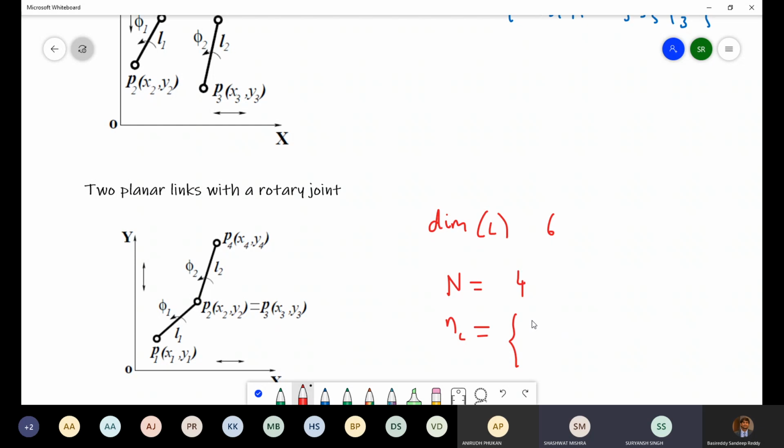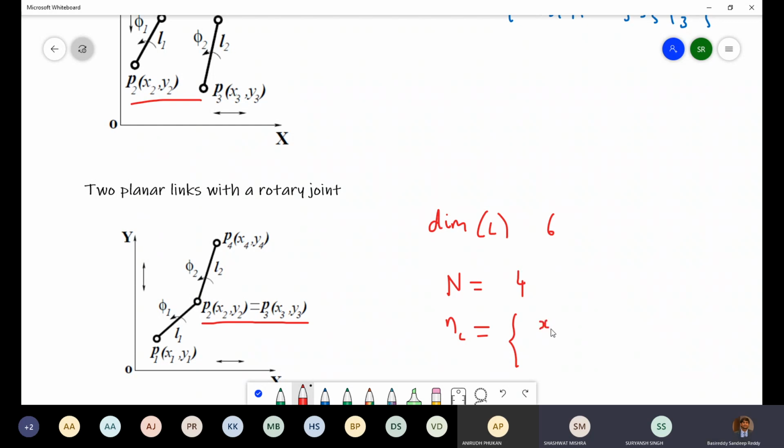D12 is L1 and D23 would be L2. Wait, sir, first one will be of L1, which is the distance between P1 and P3, and second constraint will be of L2, which is the distance between P2 and P4. Okay. Can you find simpler constraint equations? You're going from this point. Can you see at the top figure where you have 2 links? You're going here. Yes. I think in the figure only the constraint equation is mentioned. Yes, sir. The distance would be 0 between 2 and 3.